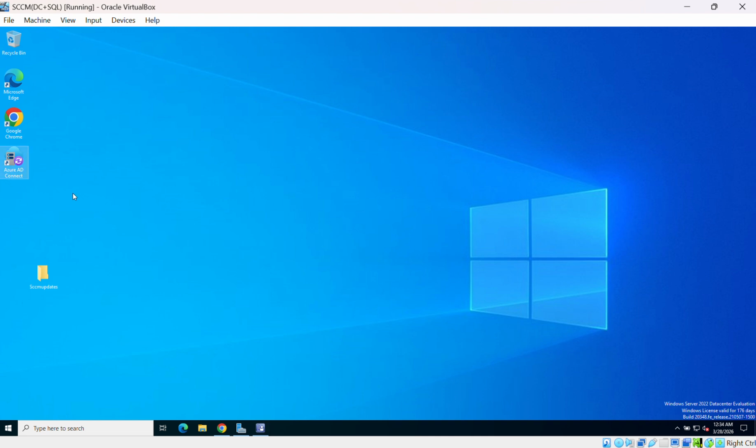Okay, so Entra Connect, Azure AD Connect, everything points to a single entity. I have already downloaded and installed Azure AD Connect on this machine, and I have synced on-premises objects to the Entra ID portal. And also these days, what I have noticed is